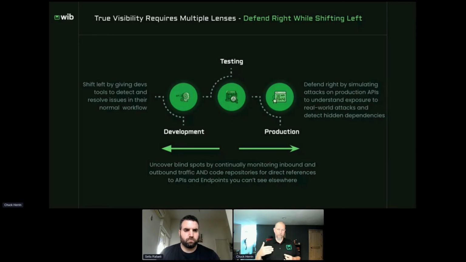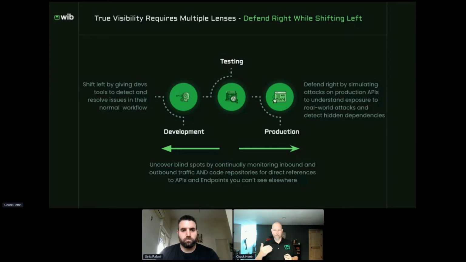They have to kind of chain through the attacks, and Sella's going to talk about the attack simulator and how we replicate that in the wild to make our customers aware before the attackers do. And then fundamentally, you have to protect production. If you're surfacing APIs, and many companies, the stats I've been using are 30 to 40%. Several other presenters in this conference have said that their customers are seeing 50% undocumented, unknown APIs that their companies are surfacing to the outside world. Fundamentally, that's more of an attack surface that you have to gain understanding of, get your head around what the vulnerabilities actually are, and you can only really know what you're vulnerable to by simulating live attacks in test and in production.